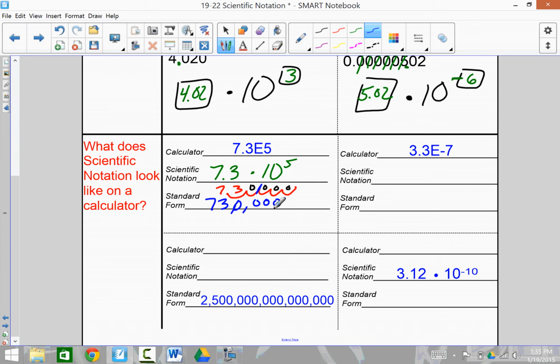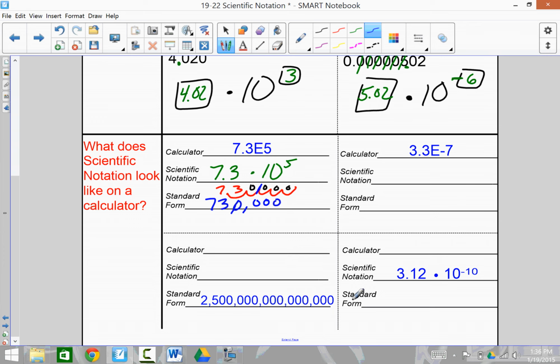730,000. Okay, so that's just a shortcut way of putting that into your calculator so you don't have to type in 7.3 times 10 to the 5th power. That E shortcuts the times 10 to the whatever power for you. So in other words, let's take a look at the bottom one. If I want to represent this really large number, thousands, millions, billions, trillions, quadrillion, I think that's after 2 quadrillion, 500,